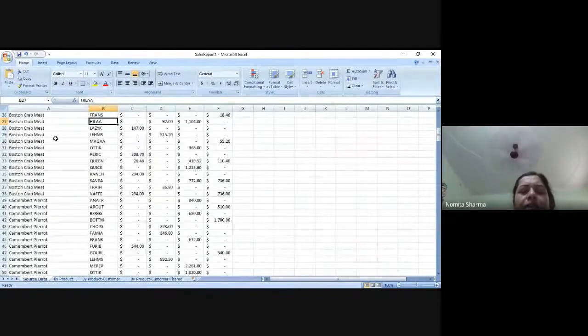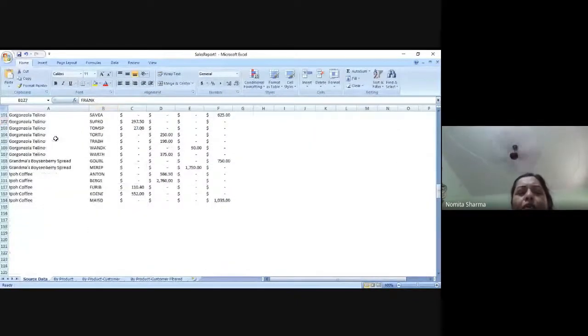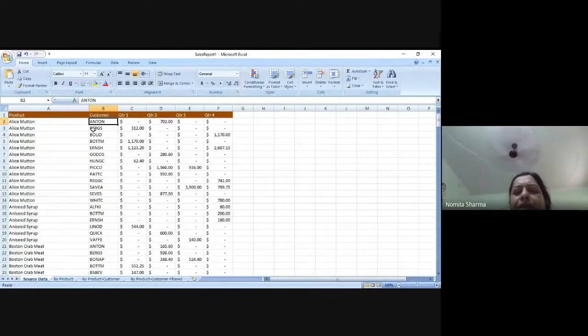So quarter 1, quarter 2, quarter 3, quarter 4. But normally, when we have this quarter report, this is basically shown as the sales executive. So these are the sales executives who have made a sale of this much amount in this particular quarter. So Anton has made a sale of $702 in quarter 2, but there are zero sales from him in the